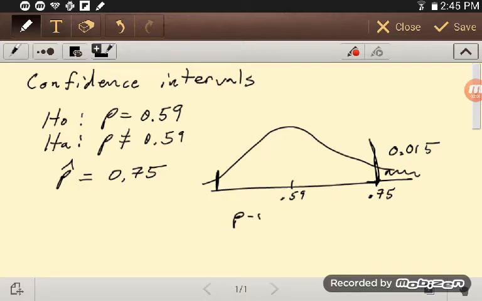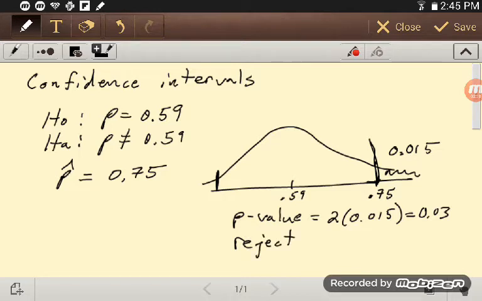And now we have to double it for our p-value. So our p-value, again, two-sided test, so p-value equals 2 times 0.015, or 0.03. And so we reject our H0 that p is equal to 0.59. Okay, now, most likely since we got 0.75, what you want to say is, oh, well, it's higher. Well, yeah, I think so, but